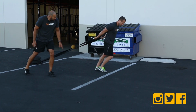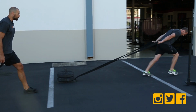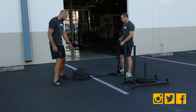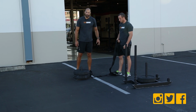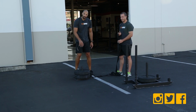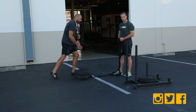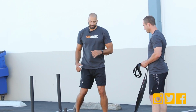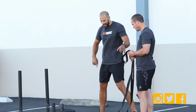What he has to do, he's got to lean forward and look at the angle. Look at the angle, and he's just going to pull it right there, pull it nice and heavy. Now we don't have a very heavy sled right here because this is take 654 of this video, so we didn't want to wear him out, but you can load this up with weight. And again, as long as the athlete can stride and drive out the back and propel themselves forward, you're good. If they can sprint with it, it's too light. If they're getting pulled out of position and doing all that stuff, it's too heavy. So two ways to use the sled,